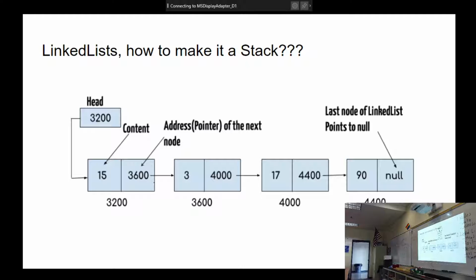Does that make sense? In that we add to the head, we also remove from the head. We have one head and we only have to point to the top object because that's the only one we can access. We can only look at that top object. We can peek at that top object too. Whatever it is, that's the data. But we're always accessing this one object.